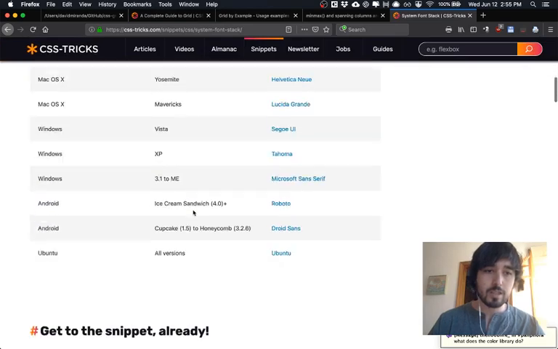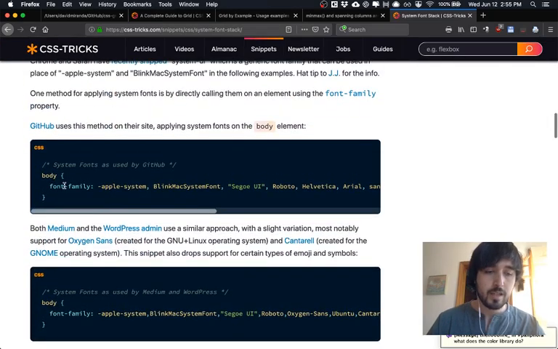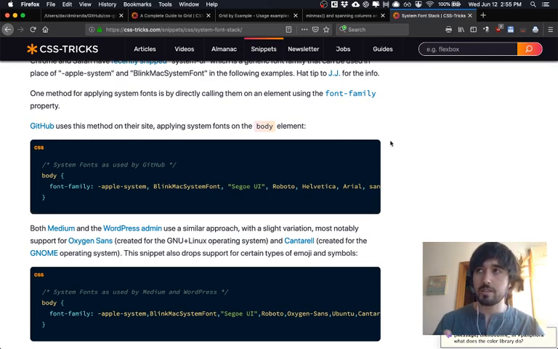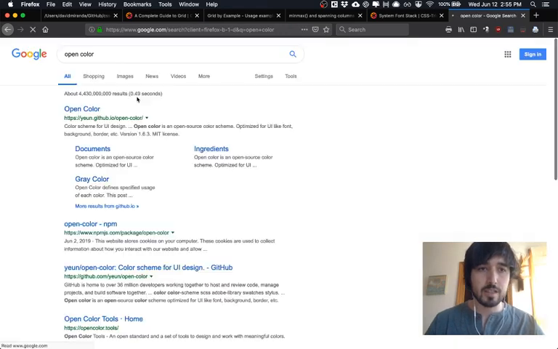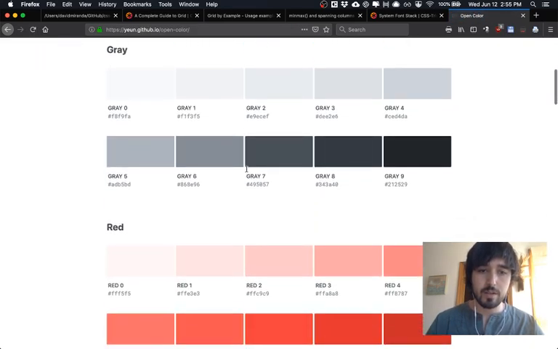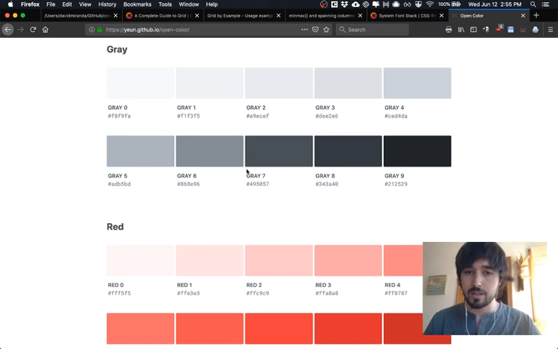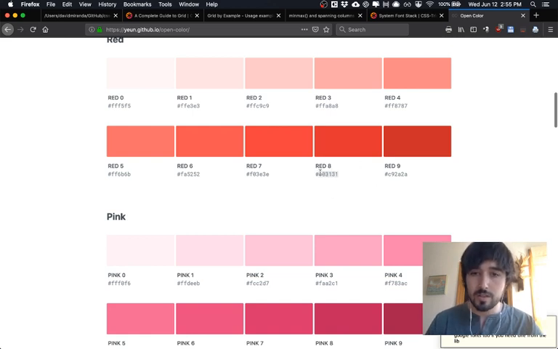So the color library just gives you a bunch of different colors that you can use in your designs, of all different shades and tints. So it makes it really easy to design something because you already have all the colors worked out for you, and you're going to be consistent with how you're using the colors. Say you have an error message and you don't know what the background color should be for that error message. You can use this one, and then in the future you'll know to use this one